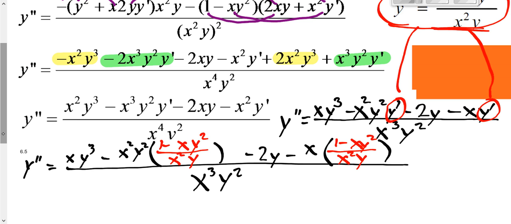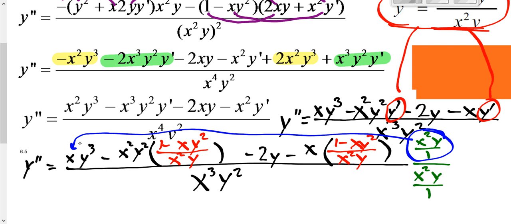I don't want to have fractions within a fraction, so I'm going to multiply the top and the bottom by an x squared y, which is really a special form of 1. I chose that because x squared y is my denominator here. It's really an x squared y over 1 and an x squared y over 1. So if I take this, distribute it onto here, that would be an x cubed and a y to the fourth minus